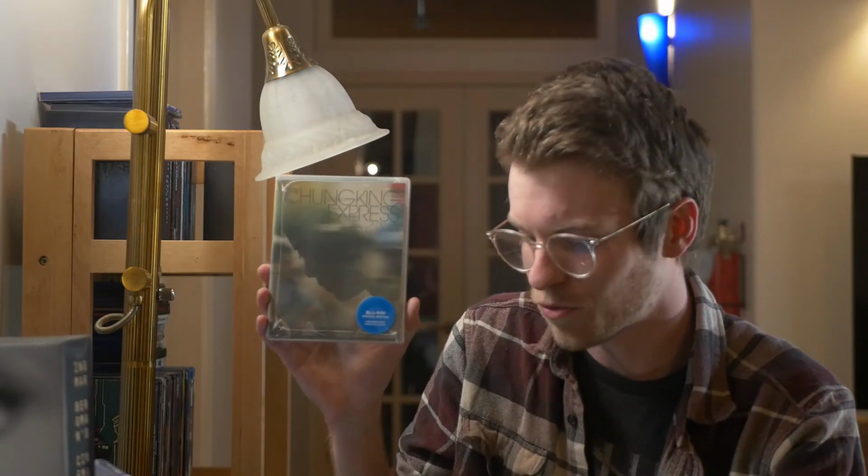So in a desperate attempt on my forum that I'm an administrator on Facebook, I asked people in the group chat, hey, is there any chance anyone has Chungking Express and would be willing to sell it to me or trade for a decent price? This guy's like, I'll sell it to you right now for 60 bucks and it's unopened. And I was like, yes, absolutely yes. So he very generously gave me this unopened, currently worth about 300 bucks, but it is 5 cents less than